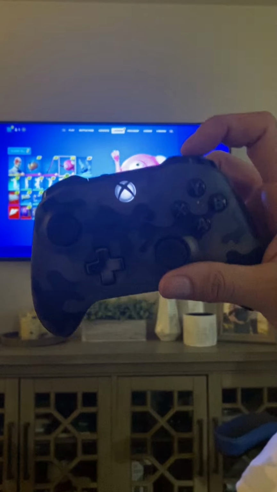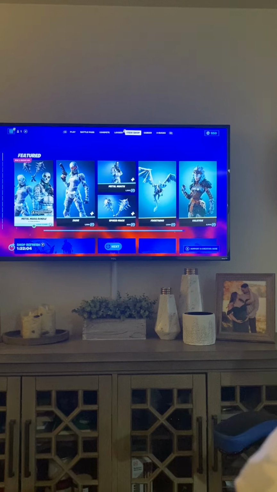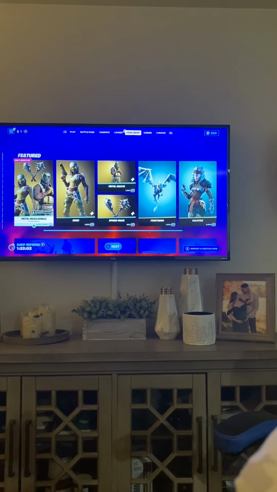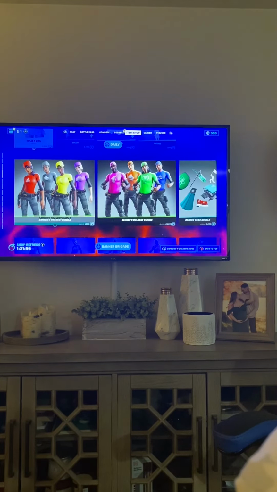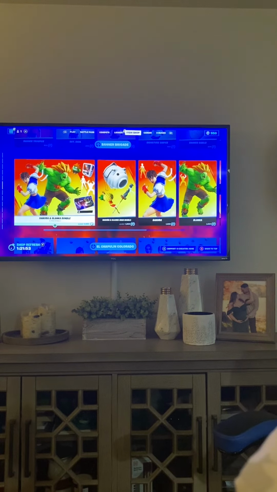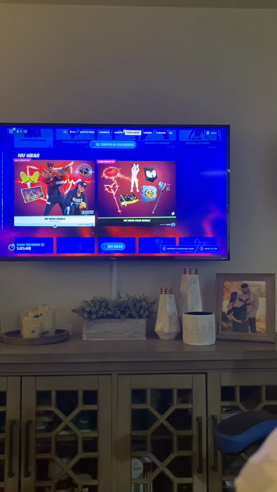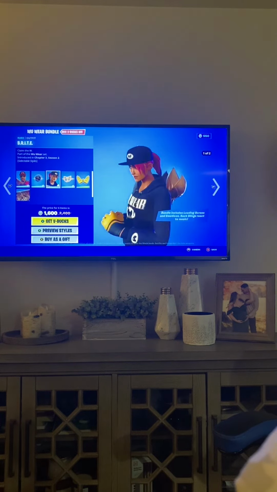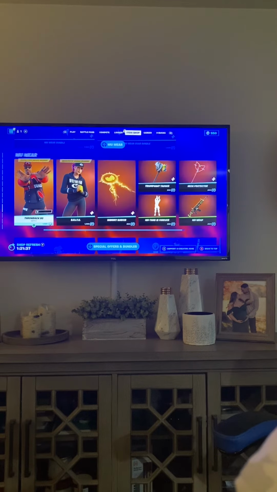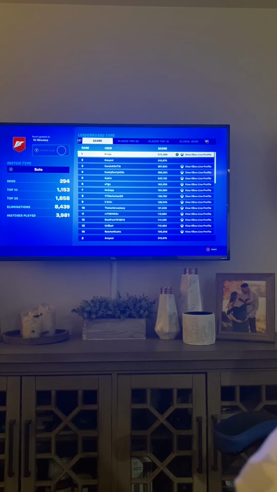If you click the right bumper again, this is the item shop. This is where you can use your V-Bucks to get any skin you want. Anything that's in the item shop, they have so many. So I'll just give you a little rundown. See, Wu-Tang just got sponsored, so they are on this now. Also, see, now I will be explaining my